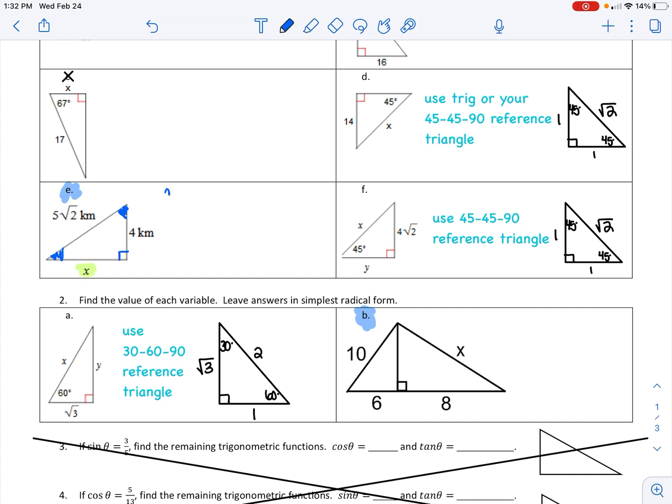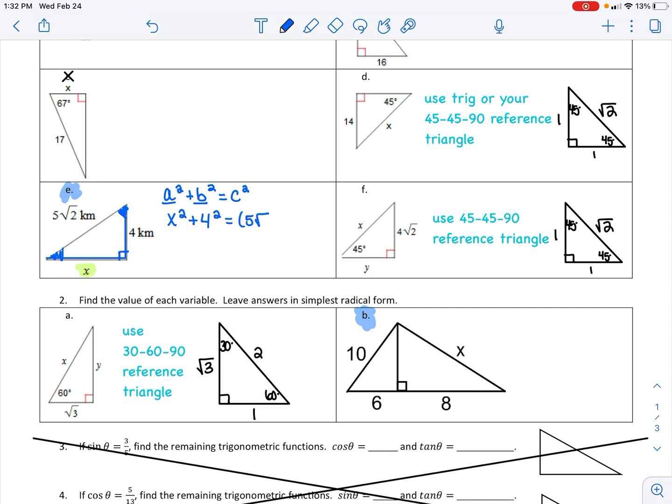With the Pythagorean theorem, we have a squared plus b squared equals c squared. Now, a and b both have to be legs. It is very important that those are your legs. So the legs of my triangle are here and here. Okay, so we're going to say we have x squared plus 4 squared equals, and then our hypotenuse